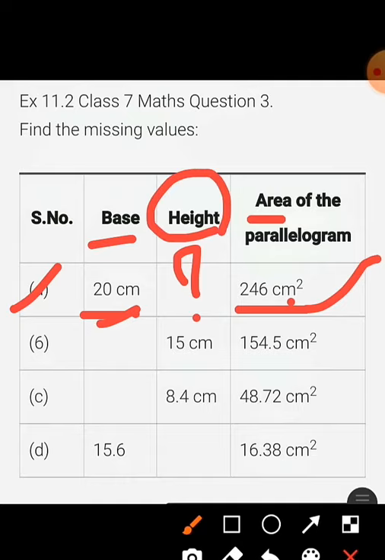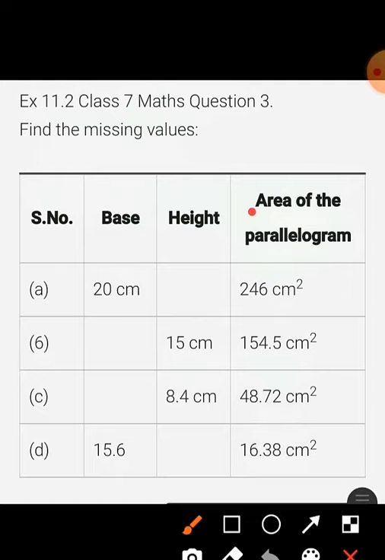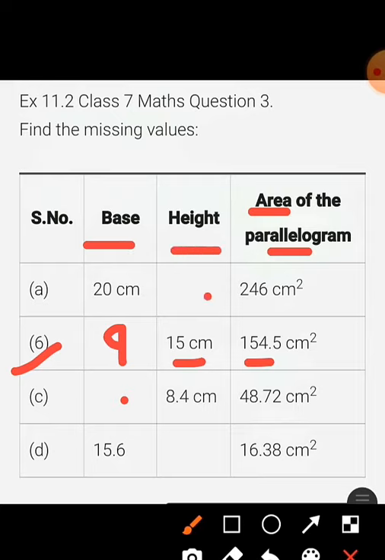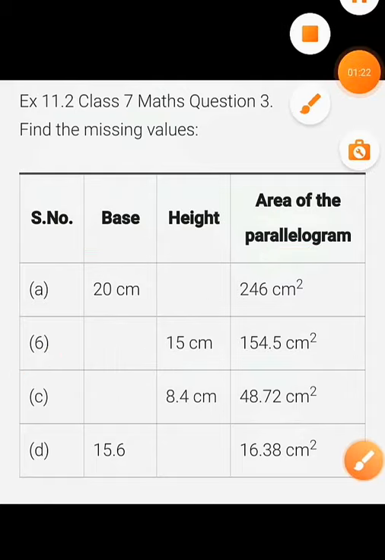Okay, so we have already seen the formula for area of parallelogram. Area of parallelogram का फॉर्मूला already हमने last video में we have seen how to apply that. So again we are going to use that and we are going to find height. Similarly in second question, base is not given and height and area is given. So out of base and height, any of one value is not given to us and we have to find out the missing values. Let us see the solution part of this.